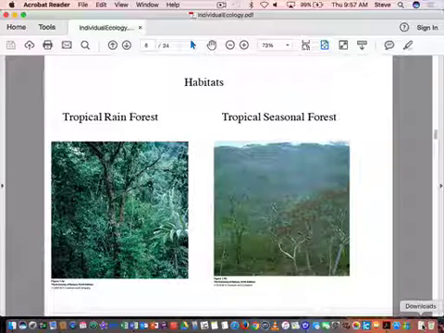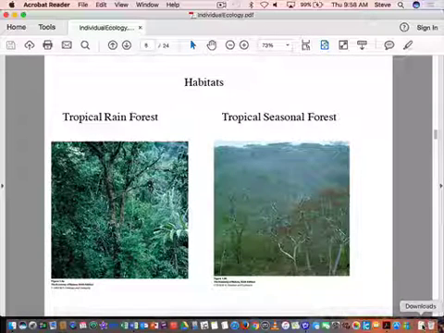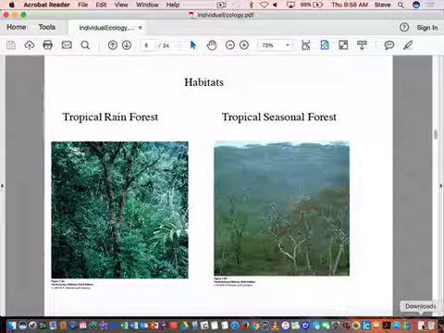The wet season is primarily during the winter time, and the dry season, no, I'm sorry. The dry season is during the winter time, and the wet season is during the summertime, okay? And so during that dry season, they basically lose a lot of their leaves, okay? And they're not this rich, lush forest. So this is a very small country. As you go across that mountain range, you have completely different kinds of tropical forest ecosystems that have all kinds of different species of plants and animals in them, okay?